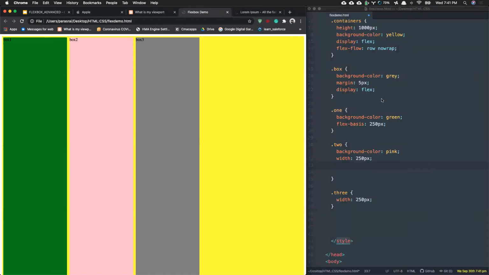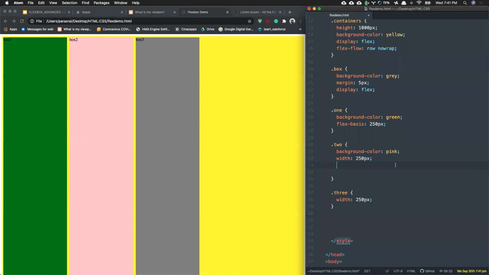There is enough space to go around, so I can use flex grow. After box 1 and box 2 take 250 pixels, there's the remaining space. Anyways, whatever it is, I can do